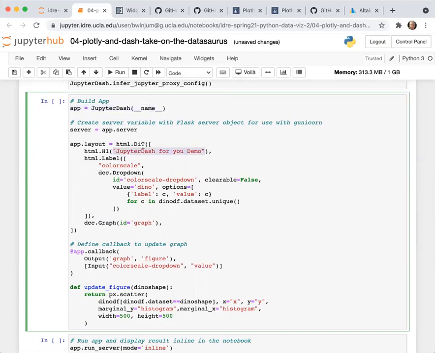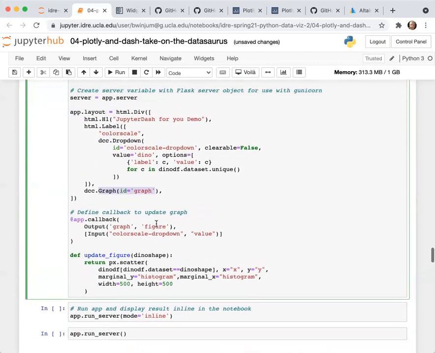This is going to be our title, which is an HTML H1, has the H1 formatting. There's going to be a drop-down menu, and there's going to be a graph. So you have to build your interactivity into this. So there's a callback which links together your drop-down menu, which provides the input values, with the graph, which is your output object.